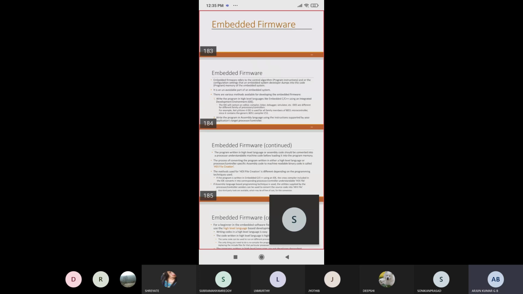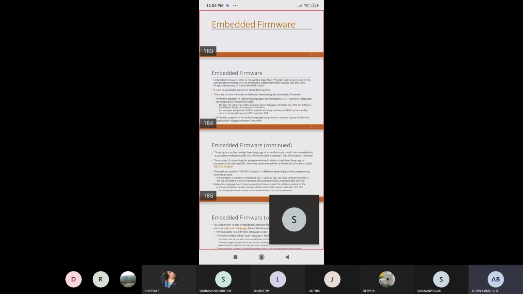Okay, the embedded system is a combination of hardware and software, and also electromechanical components, to do a specific work. This is the general definition of the embedded system. Initially, in the first class itself, I'll tell you the general definition: it is the combination of three categories, software, hardware, and mechanical components. All three are combined and they do the specific task.